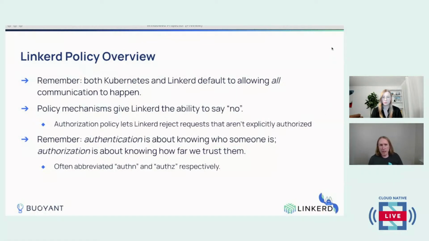It's also worth pointing out that authentication, authn, is about knowing who an entity is. Authorization, authz, is about knowing how far we trust that entity. These are two very separate things that often get mixed up.